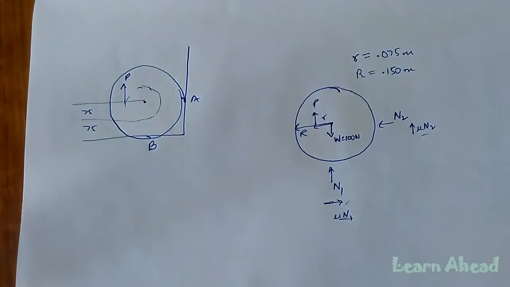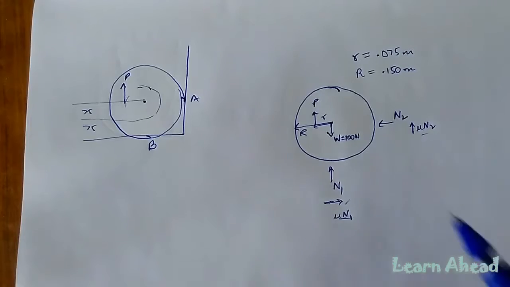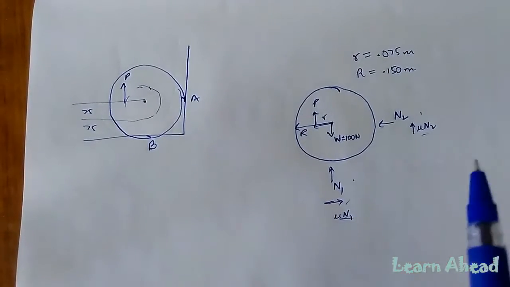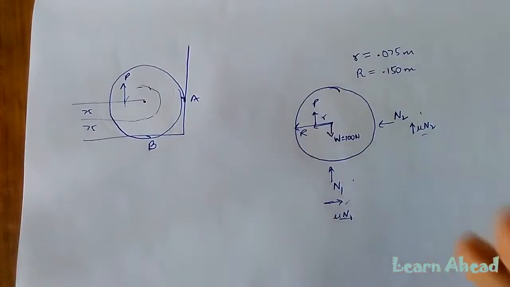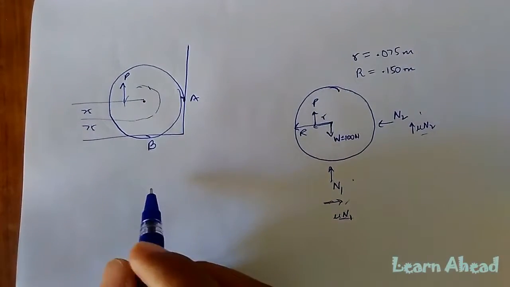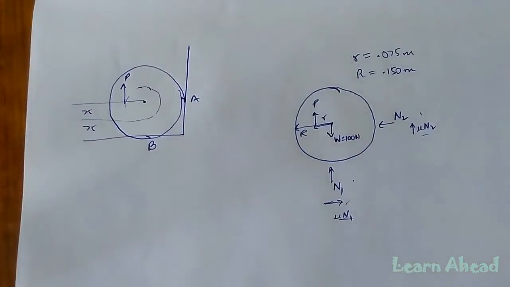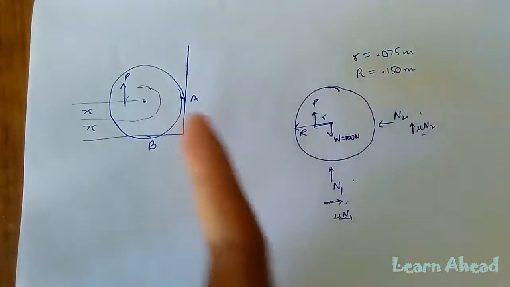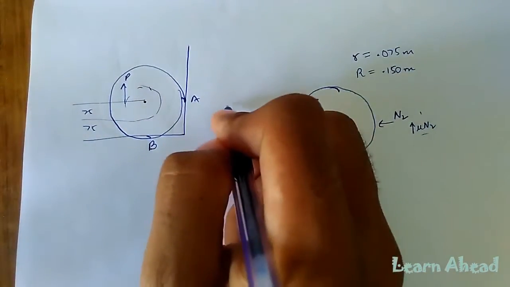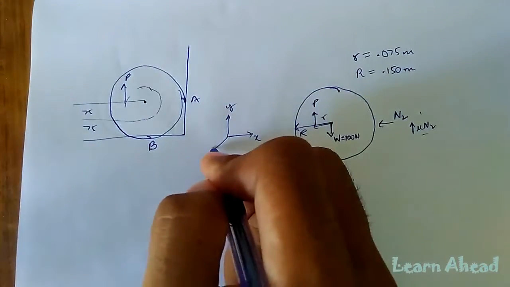Now there are actually three variables which are of interest here, that is N1, N2 and P. So we need three different equations. That's very easy. Whenever in a mechanics question you are able to draw the FBD correctly, the question is nearly done. It is no rocket science to write the three equations: one, the force balance along the x-axis, another the force balance along the y-axis, and the third the moment balance along the